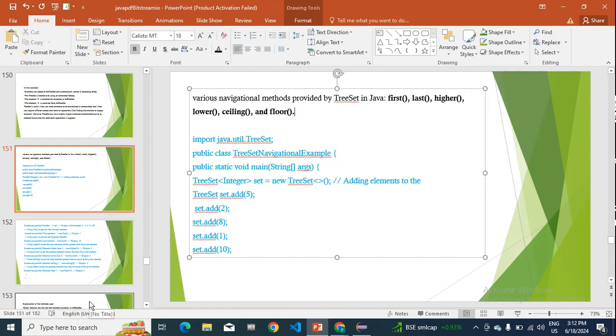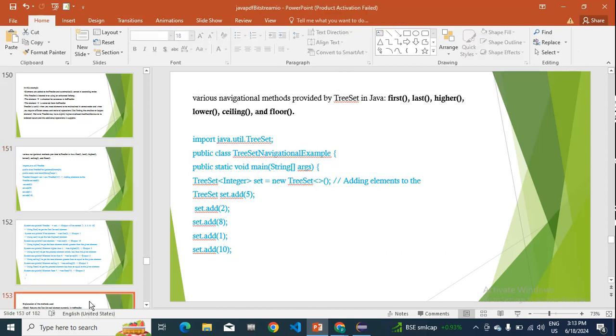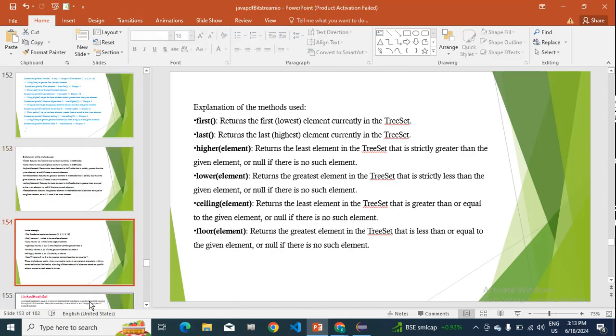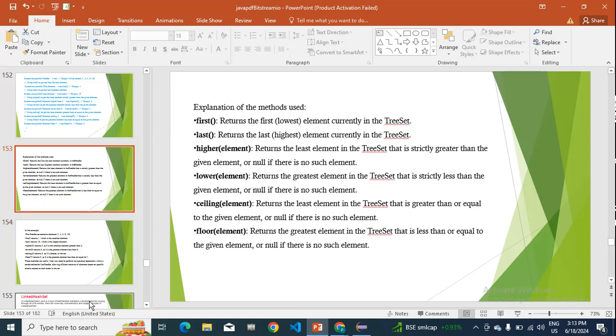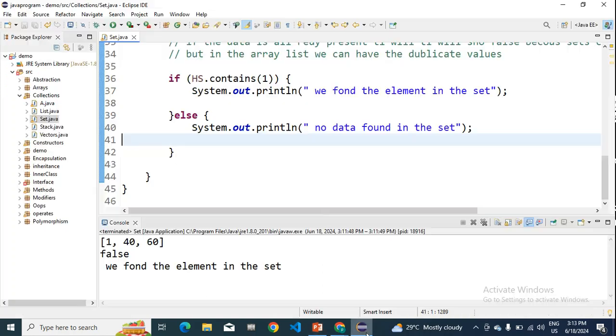Before going to the program, we will understand what those methods contain. See, there is some explanation they have given over here. So first returns the first lowest value. In the sense, what they are telling is